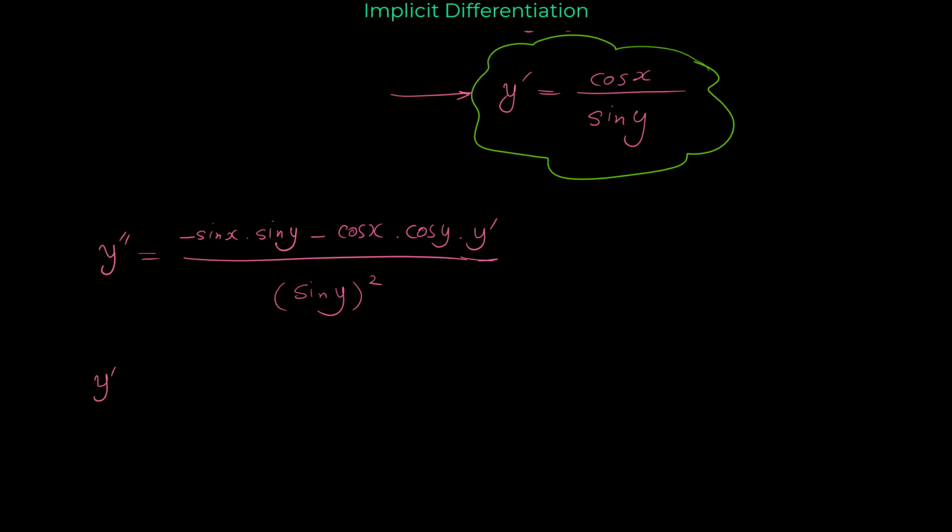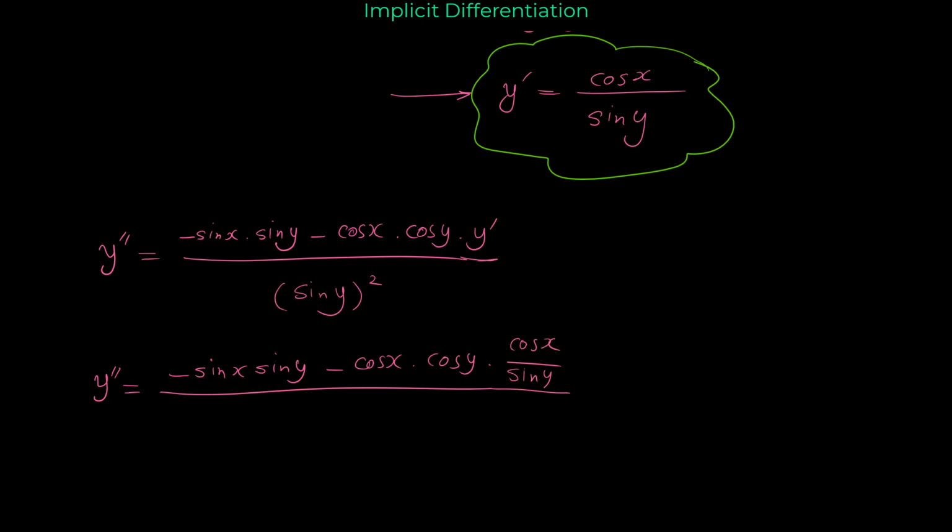Y double prime equals negative sine x times sine y minus cosine x times cosine y times cosine x over sine y, all over the denominator sine y to the 2, which we can write as sine to the 2y. Again, for simplifying the numerator,